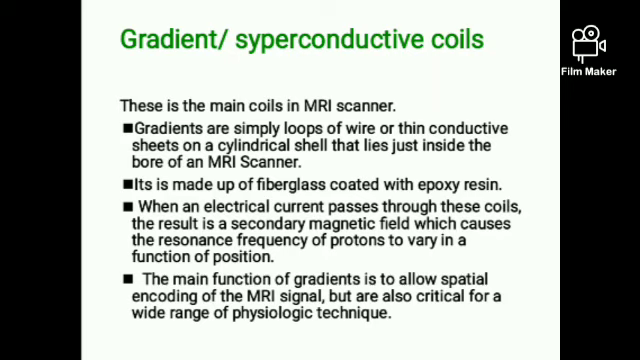Next, what is the main function of the gradient coil? It is just to allow you the spatial coding. How many codings are there? Two types of coding, whether the image is coming from the axial section, or whether the image is coming from, sorry,